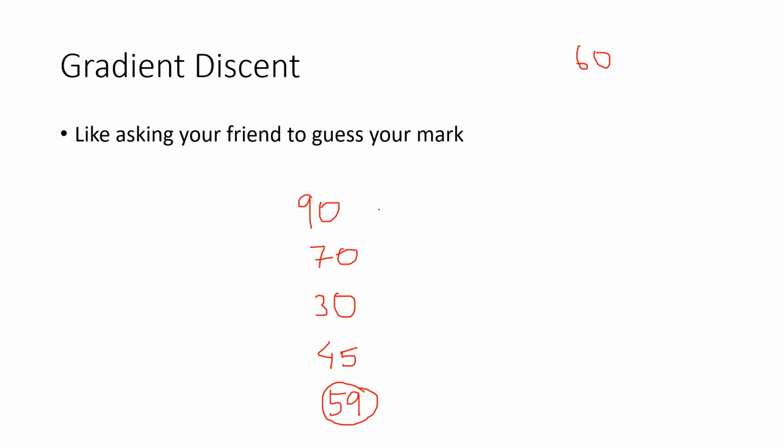It is used for cases where your friend has no mathematical method to calculate your marks. So what he does is hit and trial method, but it is a little more organized than random guesses. He is taking your input, taking your feedback, seeing how much error he has, and accordingly he is adjusting. That is somewhat like adjusting the weights and biases. So that is a method called gradient descent, which is used to train networks